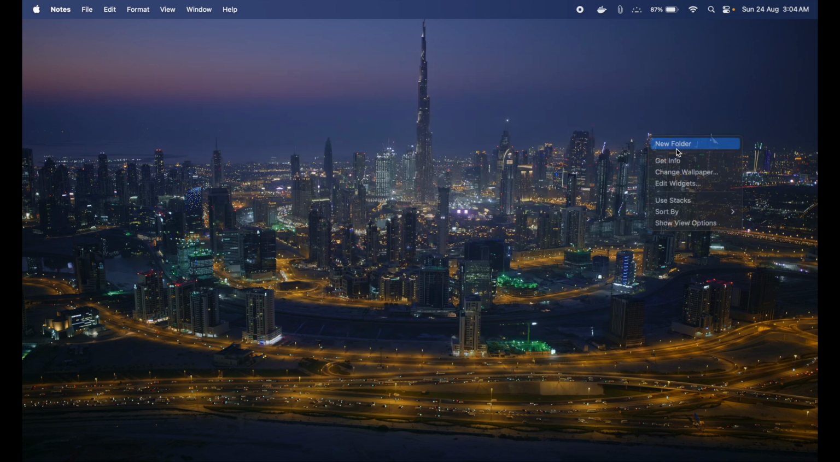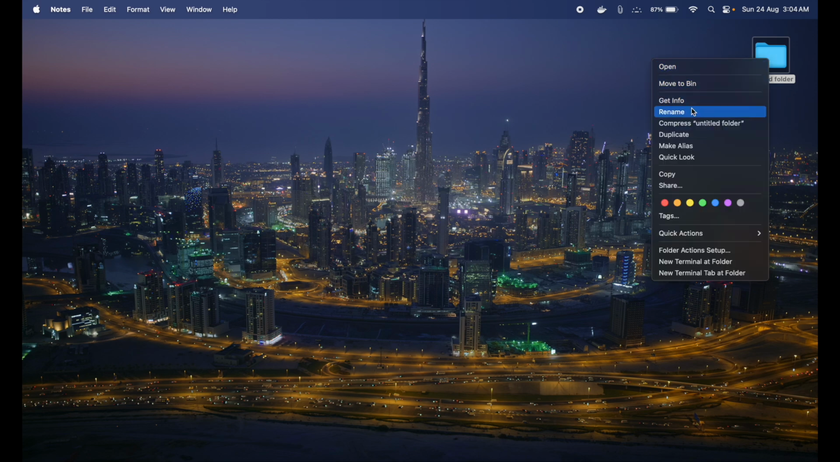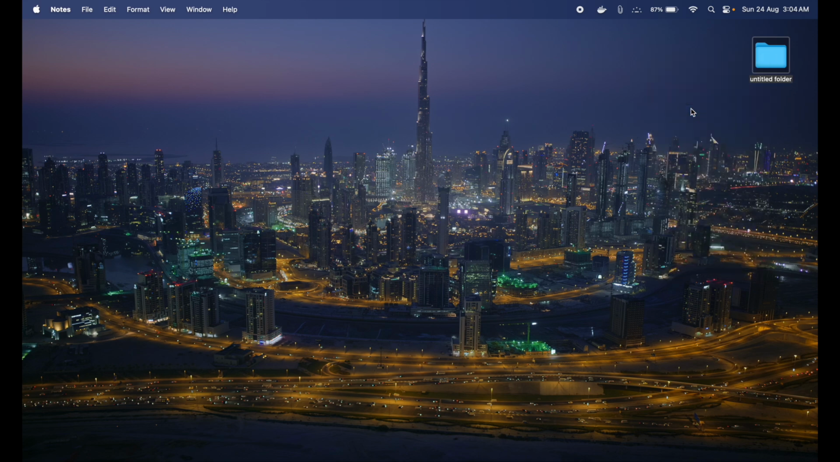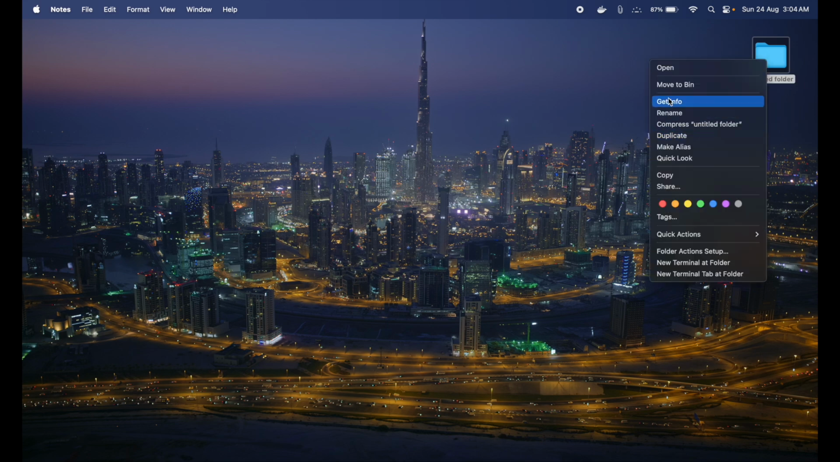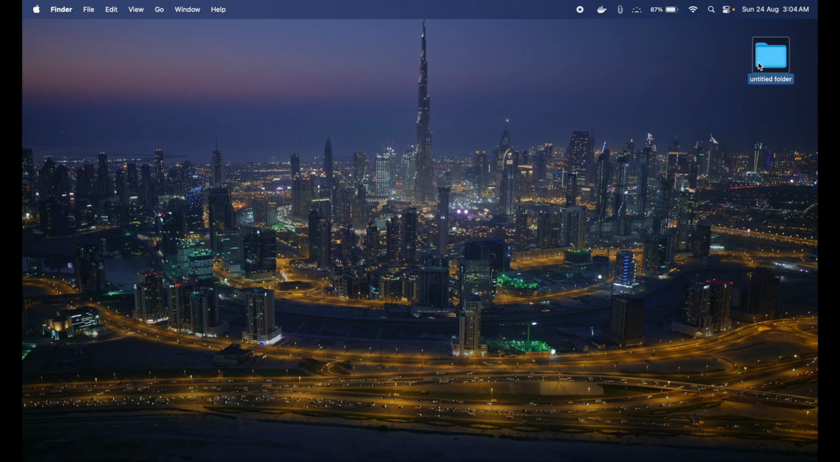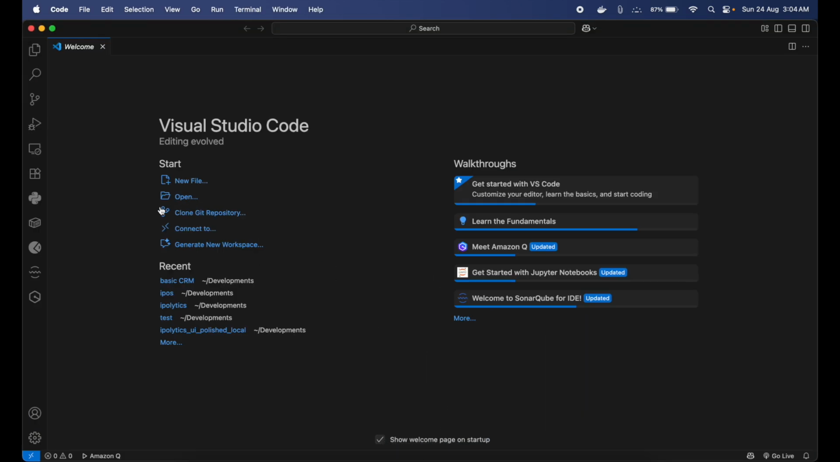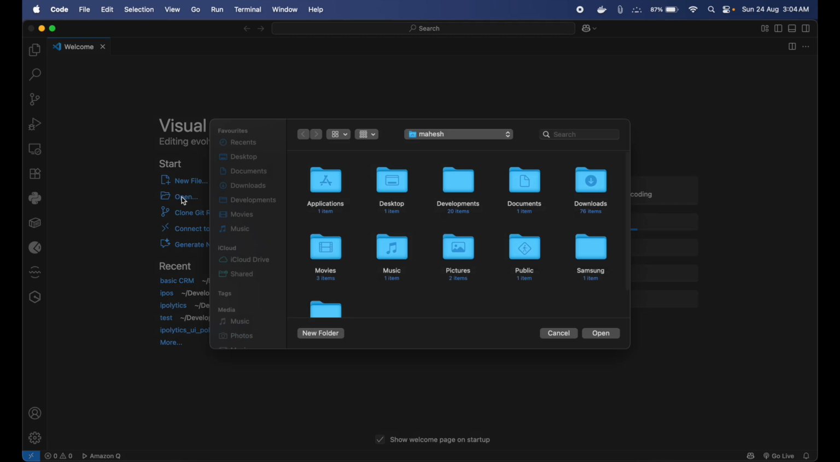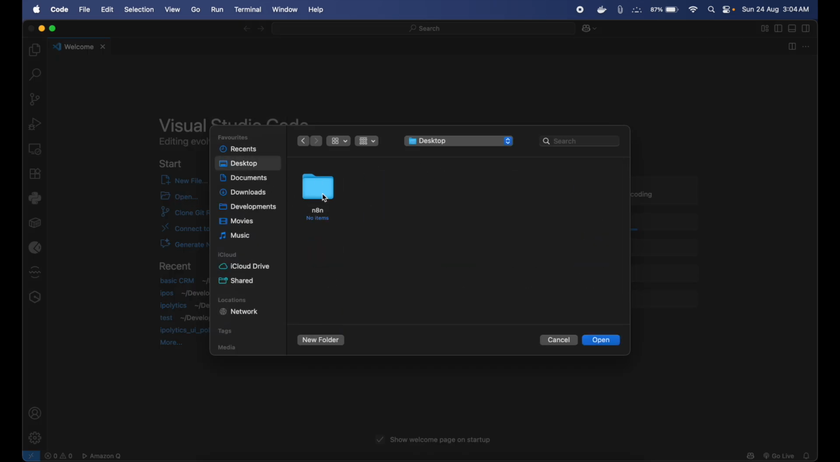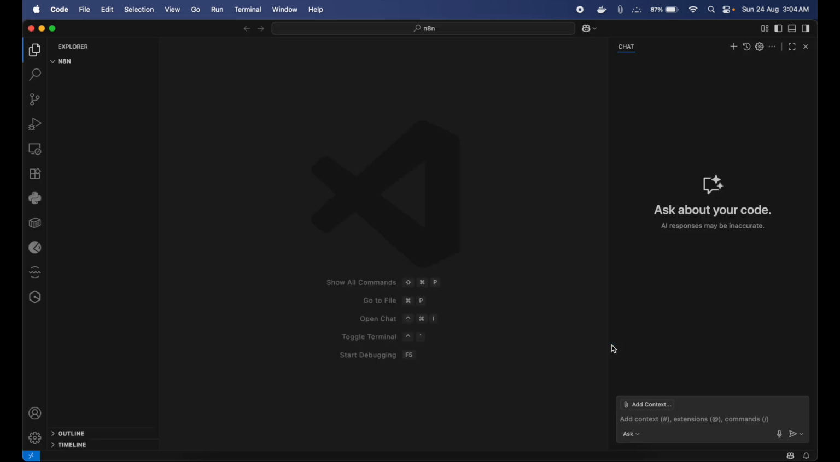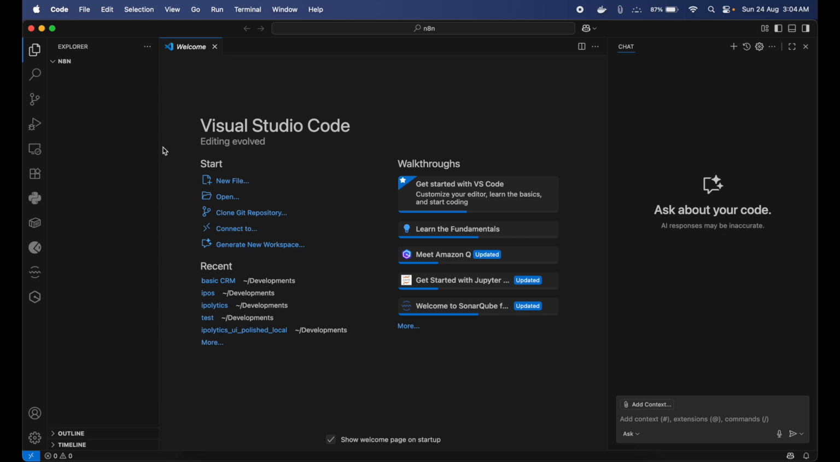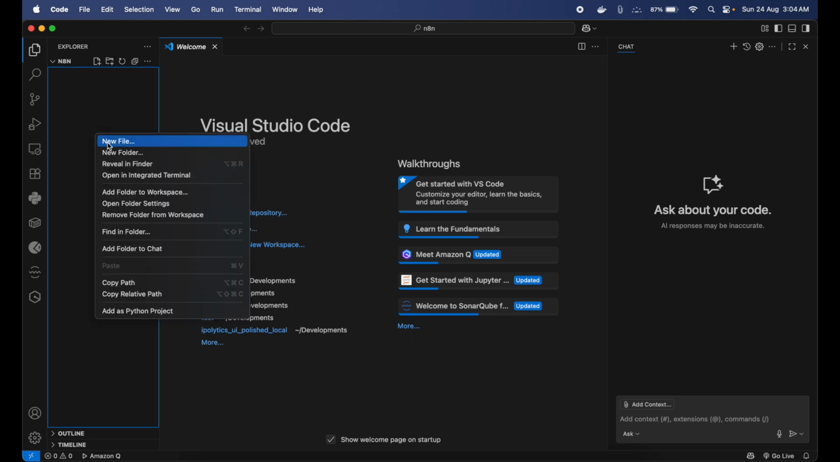Let's create a folder where we can add our docker compose yml file and the rest of the environment file. Okay, let's get this in VS Code. So open desktop and then open. So let's create the first file